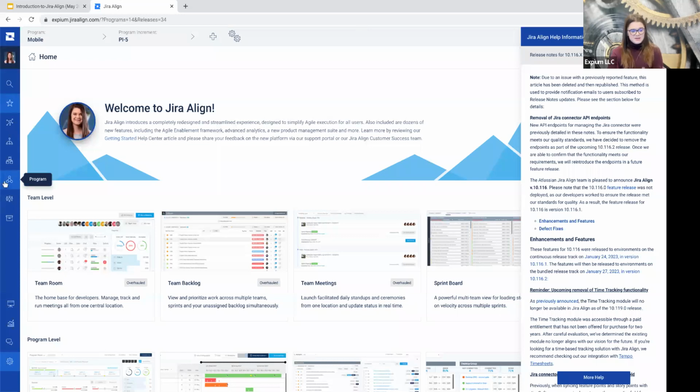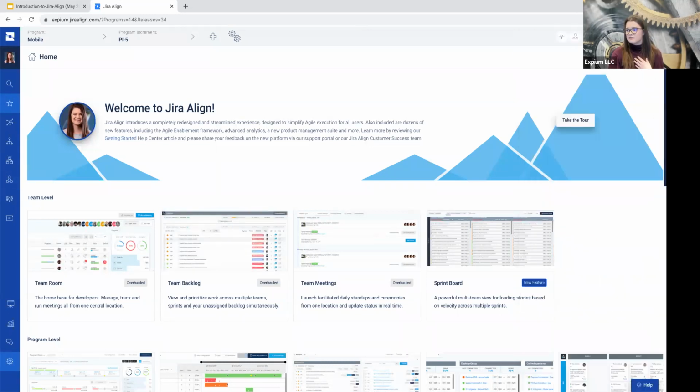All right. Now that we have looked at the overall navigation of the tool and we have really seen how it is organized around those hierarchies of people, work, and time, let's now talk about the two main overarching uses of Jira Align. The two main ones that we see are strategic top-down planning and the visualization of work in progress as it rolls up from that team layer up to the enterprise layer. Again, connecting our execution to our strategy. And that is what we are going to focus on for the rest of this webinar, starting with the top-down